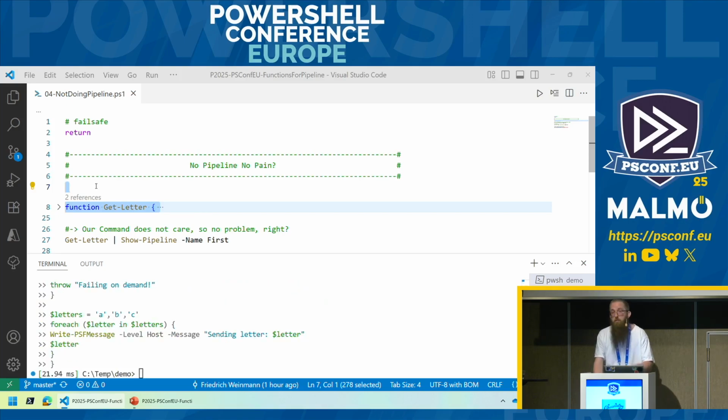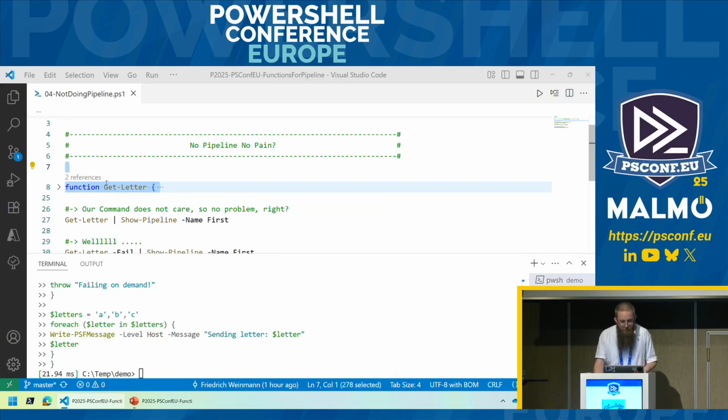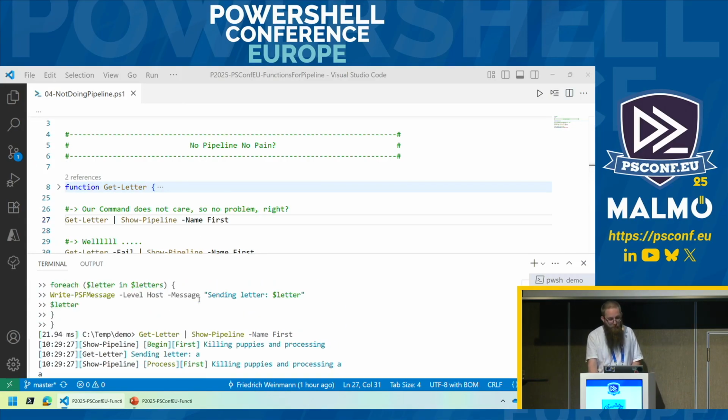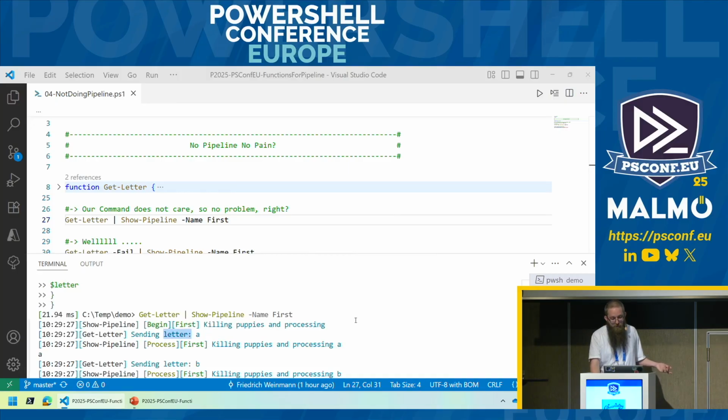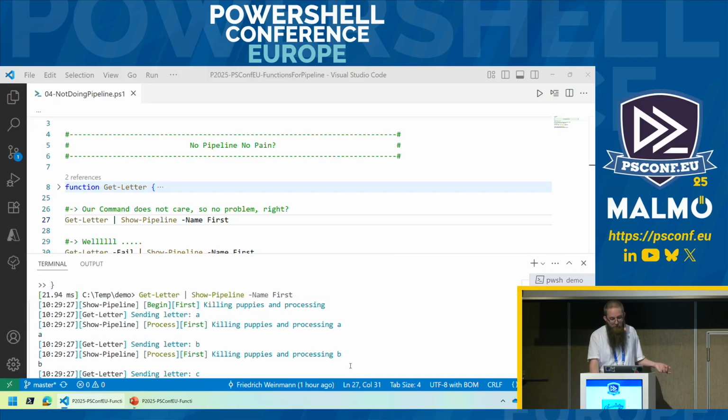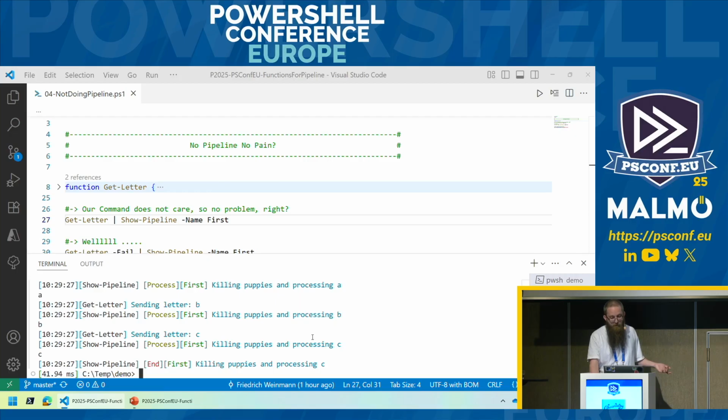We've got a function that is returning letters without begin, process, end. And if I execute this, it's going to work as expected. We have the begin phase, of course, only from Show-Pipeline, because Get-Letter does not implement this step. Produces an output, an A is processed, B is processed, C is processed, and finally we have the end phase